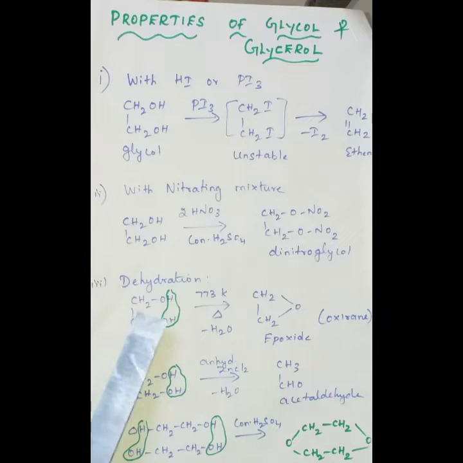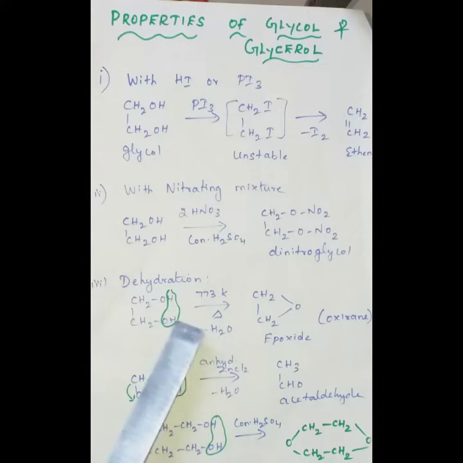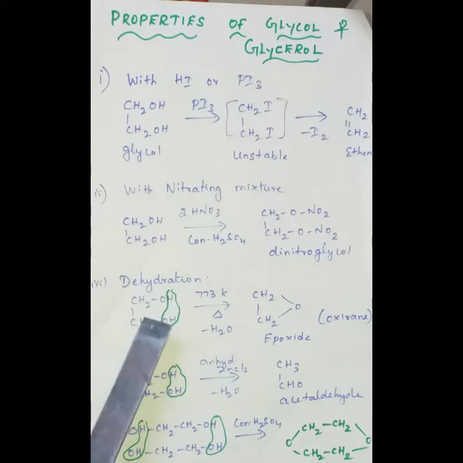Next, the third reaction is dehydration. In dehydration, there are two types: intramolecular dehydration and intermolecular dehydration. Intramolecular means within the glycol, one water molecule is removed. Intermolecular dehydration means between two glycol molecules, water molecules are removed. So first, intramolecular dehydration. When glycol is heated at 773 Kelvin, one water molecule is eliminated and it forms